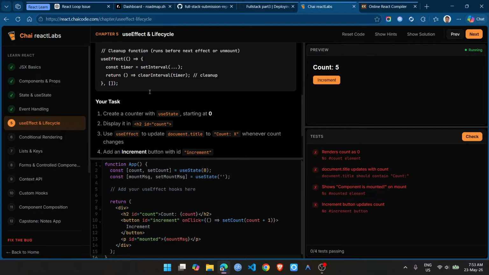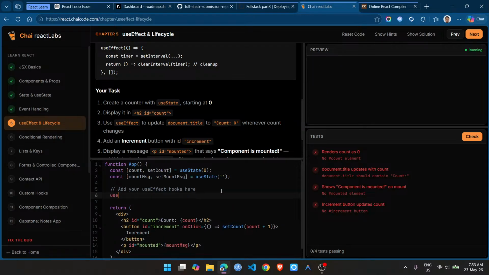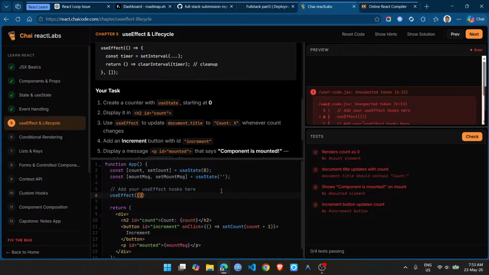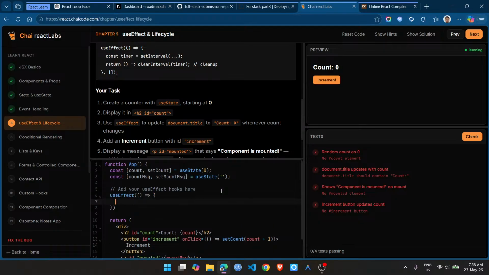Okay. Create a counter with useState starting at 0. Display it in an h2 with id count. Use useEffect to update the document title whenever count changes. So here I will use useEffect. Inside that I will have something, and when my count changes I would like to change that. They want me to update my